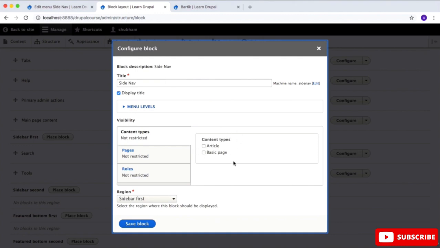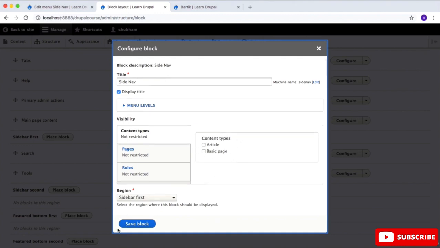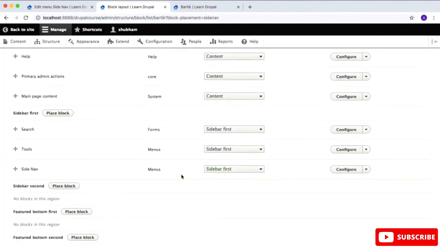We have seen this page in the block video, so just click on save, because I want that to be visible on every page. And I will drag this on the top of the search bar, because I told you that I want this side navigation on the top of the search bar. And if you want to configure it, then you can click on configure,